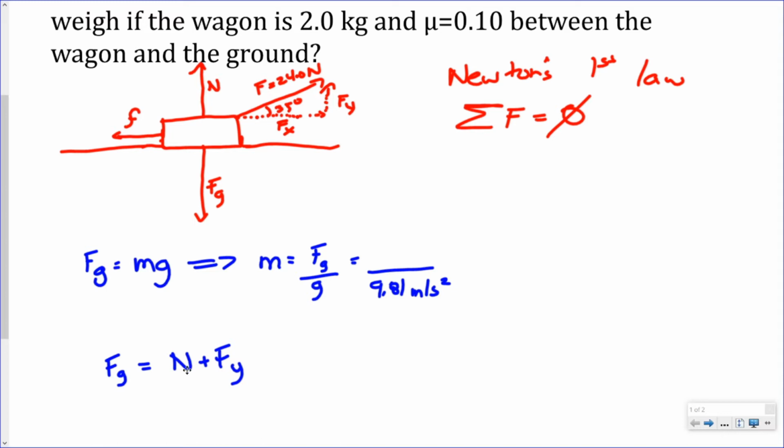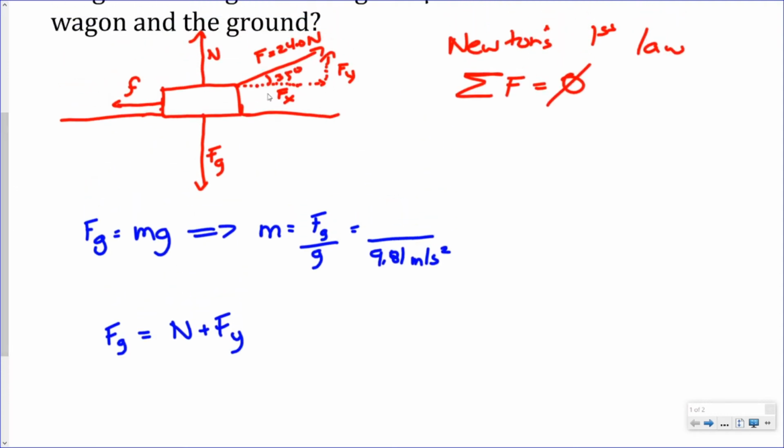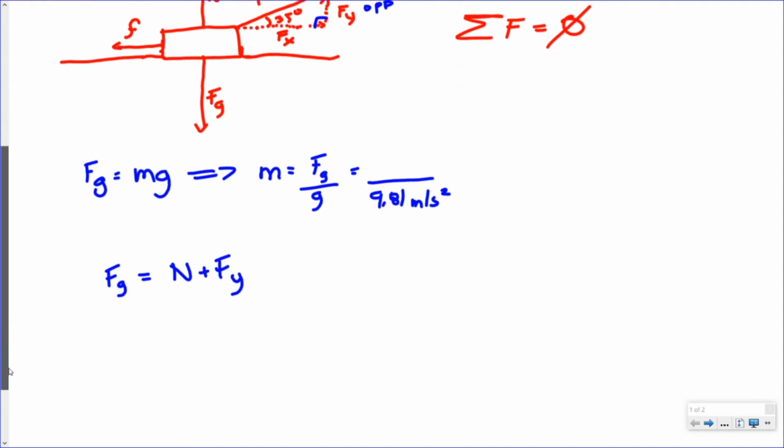Do we know either of these right now? We don't know N. Do we know Fy? No, but we can solve for it. Fy is just the component in the y direction of our applied force. So if this is our angle we're talking about, over here is the opposite, and here is the hypotenuse, across from the 90 degrees. So opposite and hypotenuse is